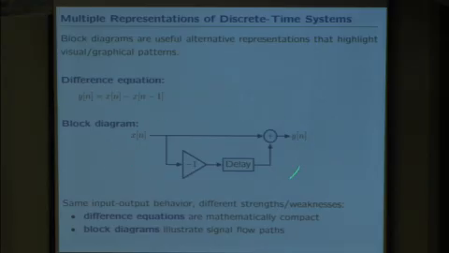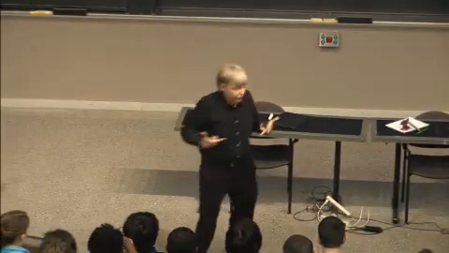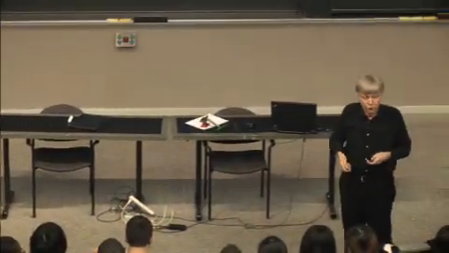I represent that in a block diagram by saying there's a straight through path. Y of n is equal to x of n. The plus just adds the signals on these two paths. So y of n is equal to x of n, subtract out, because I'm multiplying by minus 1, the delay, so I'm getting the one from before. So this block diagram is just a symbolic representation of that difference equation. The value of the block diagram, and we'll see several of them, is its focus on signal flow path. If you want to visualize the transformation from input to output, the block diagram can provide visual insight into what that transformation is like.